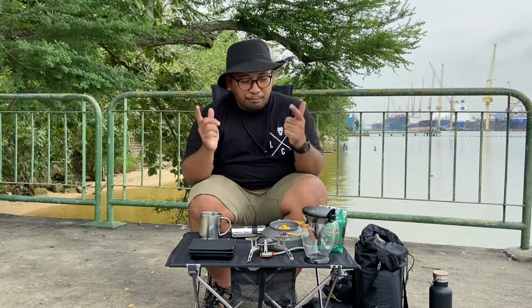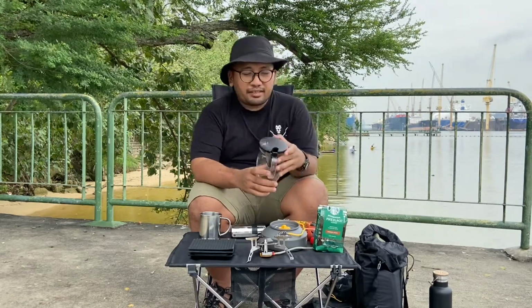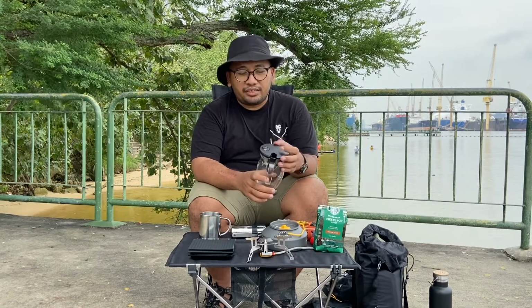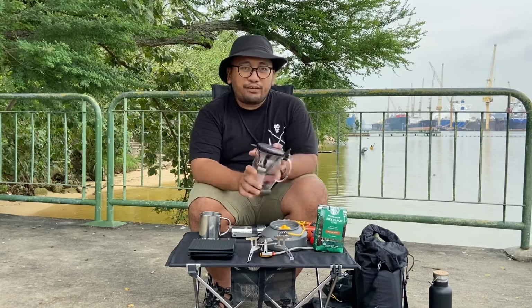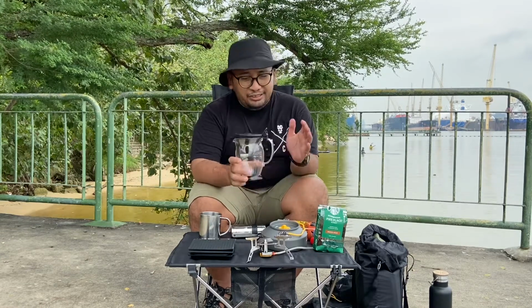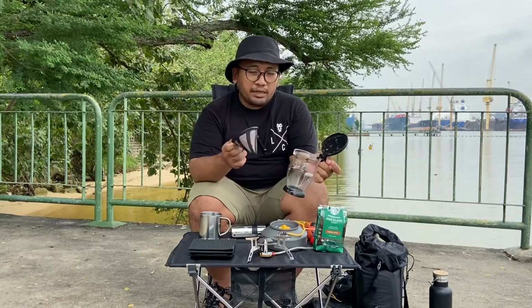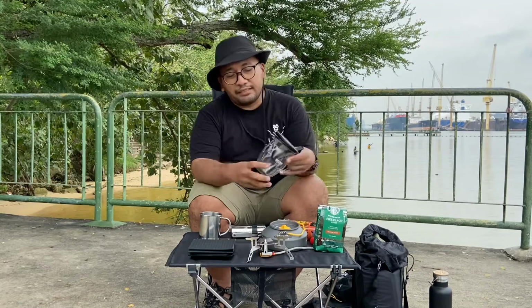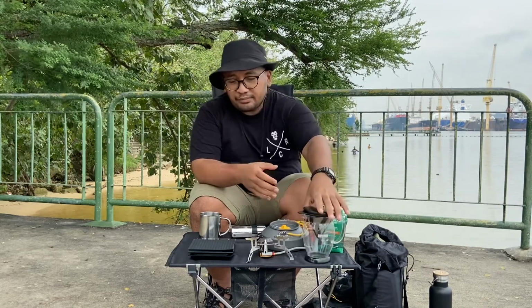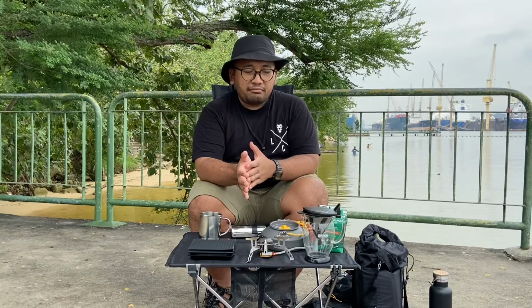So yeah, let's begin. Firstly, what we need is a coffee dripper. You can use a Hario V60, or what I use here is a Hario Kayuh, which is like a dripper, but it doesn't need a paper filter. It uses a metal mesh filter, and it's meant for 2 cups lah. To me it's something that is compact enough for me to bring around, and it has been serving me